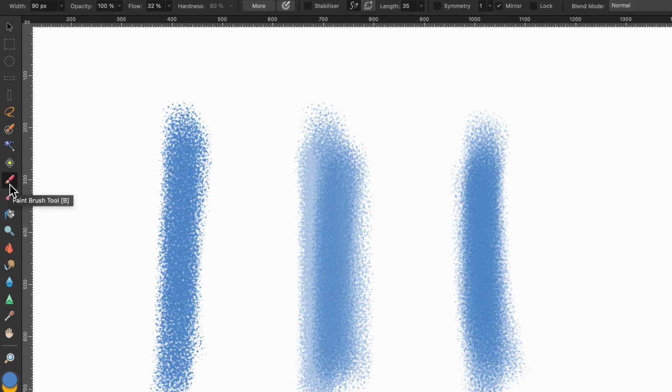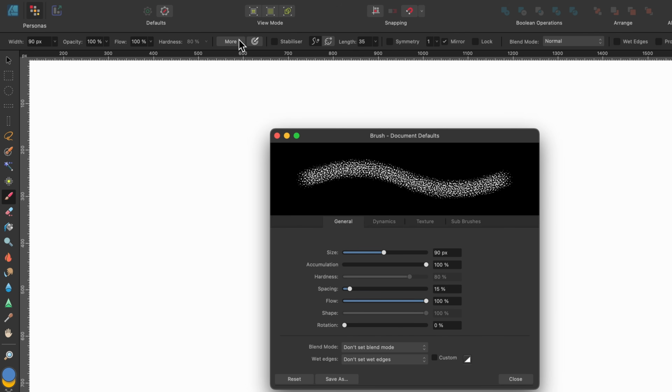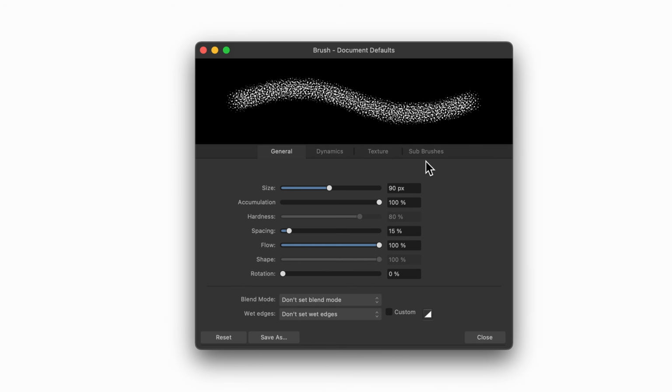because in this, there's only a paintbrush tool and a pixel tool for you to actually start creating. And looking at the other options as we go along, we've got more. Basically, this is how your brush is set up, and you can change the size, the spacing, the accumulation. I wouldn't play around with this if you're first getting started.